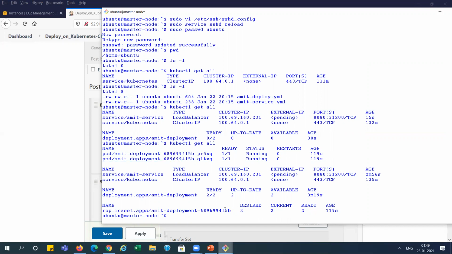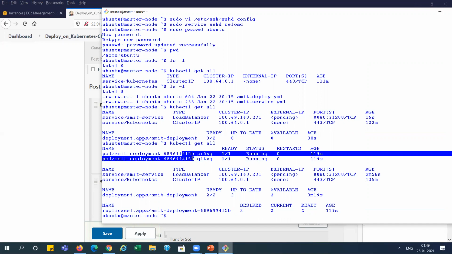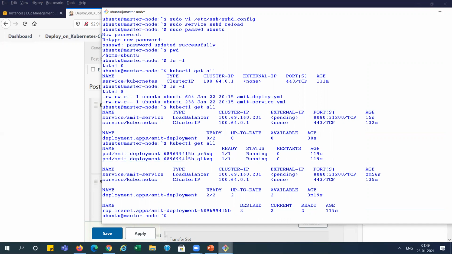You can see the same number is there. So two pods are running. And if you want to check which node the pod is running on, kubectl get pod -o wide. So we can check it out.